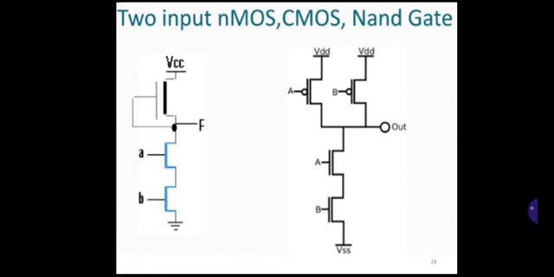Another variant, CMOS. So Y is equal to A dot B whole bar. For N transistors, the A dot B operation is performed, that is, transistors are connected in series. For the A dot B operation, P transistors are connected in parallel. So the upper transistors, the P transistors, are connected in parallel, A and B, whereas the lower transistors are N transistors, connected in series, and the output is taken between the N transistors and P transistors.